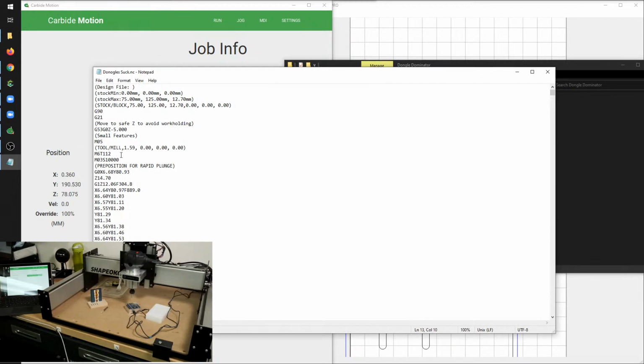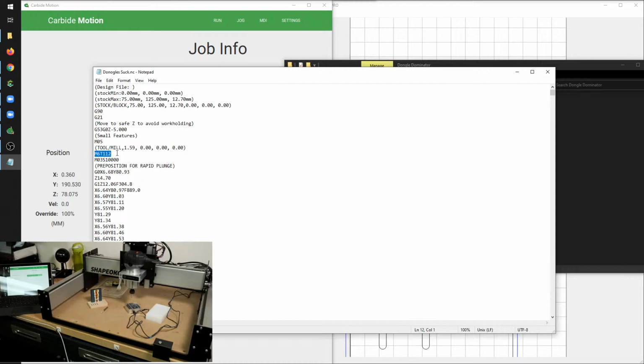That's better. So at the beginning of G-code, you'll see a command that says M6. That means change tool, and T112. That just corresponds to the 112 end mill that we have. These numbers will be different for each end mill, but the important part is that you see an M6 command. M6 tells Carbide Motion, hey, pause, prompt the user, touch off on the BitSetter. And so the presence of M6 in your G-code is what will trigger that touch off. If you don't see an M6 there, that means your CNC is just going to